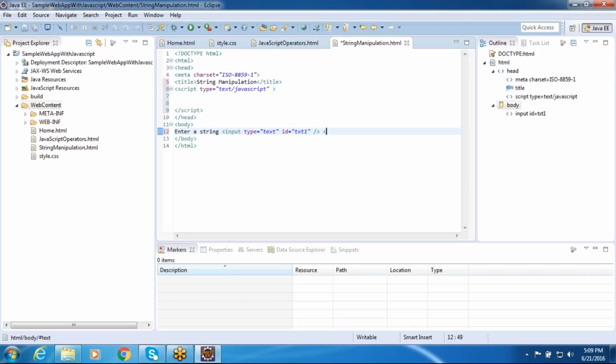Now suppose here I go with the input again, type equal to button, and make this a button. Then after that, here ID is